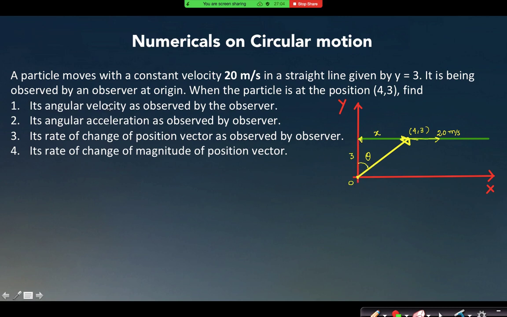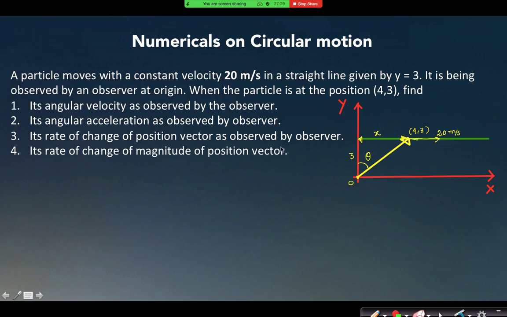So whenever you will find this question of angular velocity, when the path of the particle is not actually circular, then you have to find a relation between x and theta. Because I know what is the rate of change of x. What is dx by dt here? Can you tell me what is dx by dt? V, 20 given.